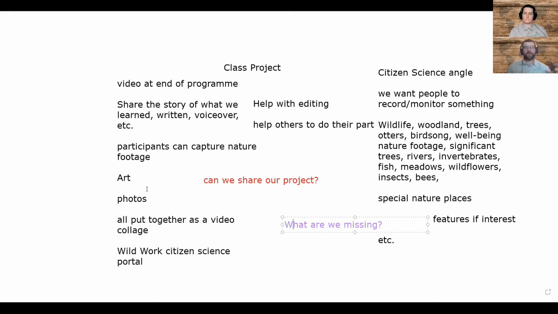So we could decide we want this project to be all about flowers, flowers on trees, flowers in meadows, flowers that are important to birds, flowers that are important to bees. It could all be based around flowers, or all based around water, or all based around Middleton. We could choose a place to celebrate as part of the video. We could choose, as I said, a type of a thing, a flower or a tree.